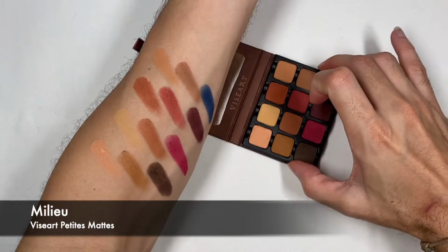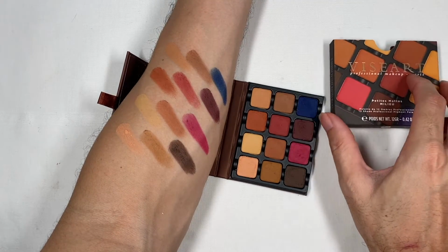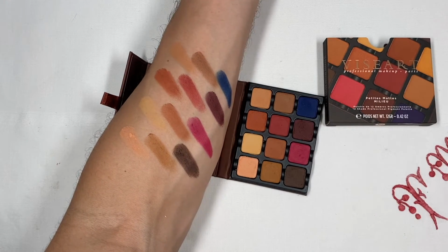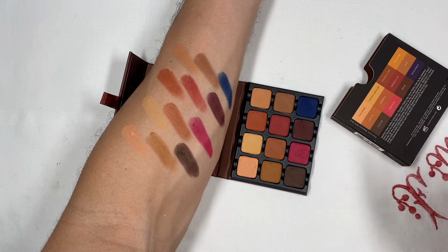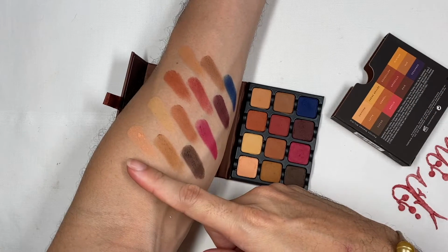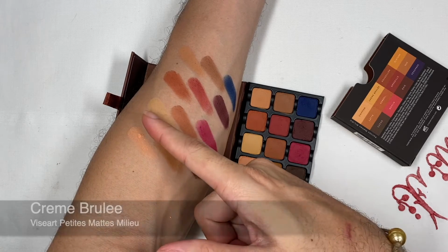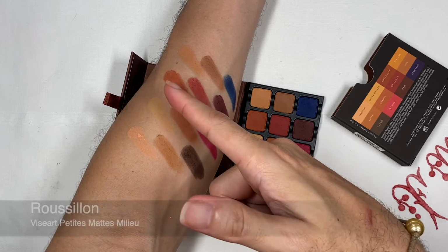So this is how it appears on my skin. Look at these very nice moody colors. They actually look astonishing on my skin. So let's go through the names one by one. And this color here is called Chiffon, Latte, Cacao, Creme Brulee, Sorel, Dahlia, Roussillon,